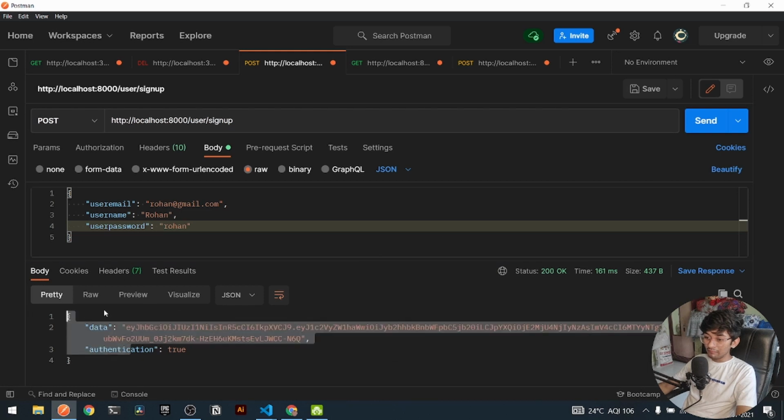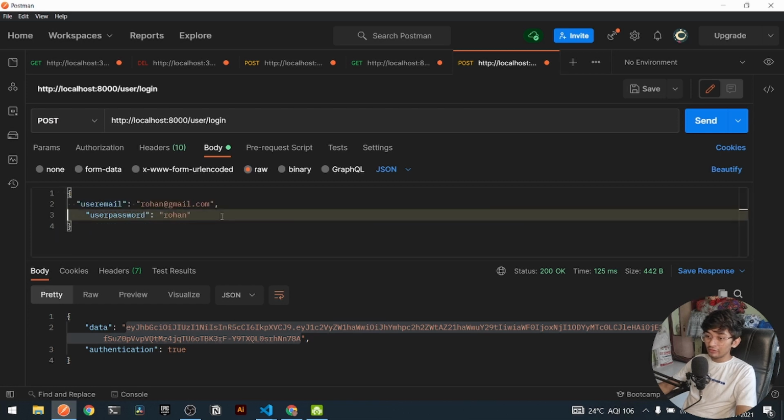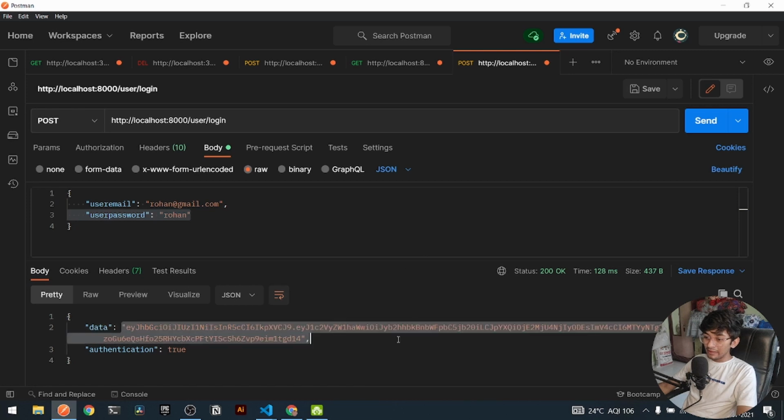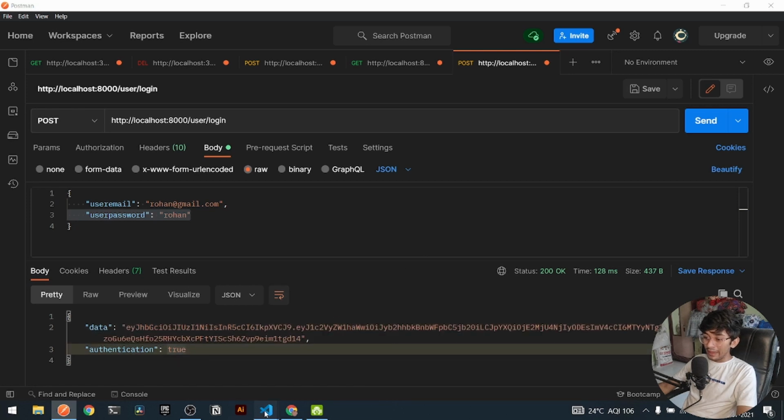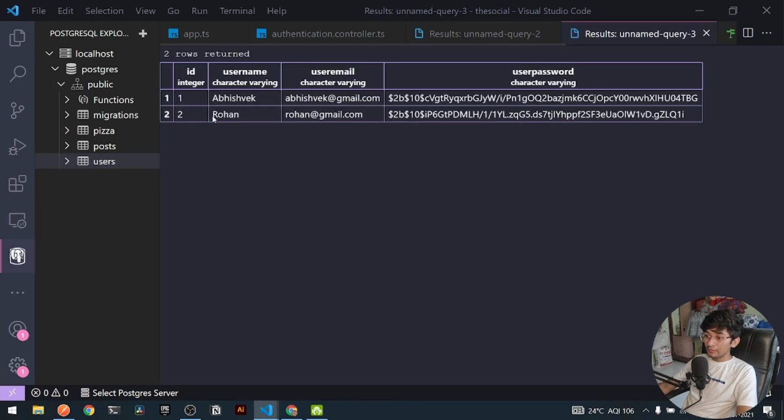So I'm getting the following message, and if I try to log in with these credentials, let's say login with these credentials, we don't need username, right? If I send a login request, I will be getting my data back, right? And as soon as I go back and refresh my query, that is my table, and select top 1000, here you can see I will be getting some different data, that is Abhishek and Rohan as well. Now this was our entire authentication process that we should be using under Dost Social.